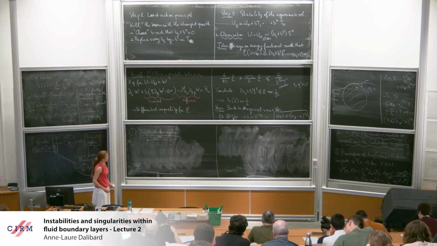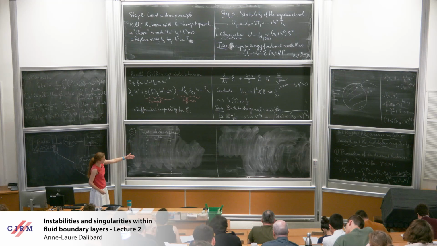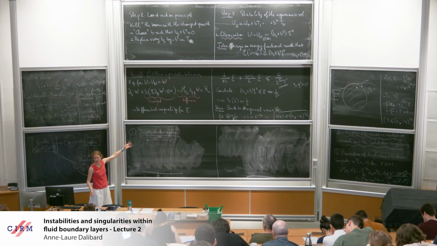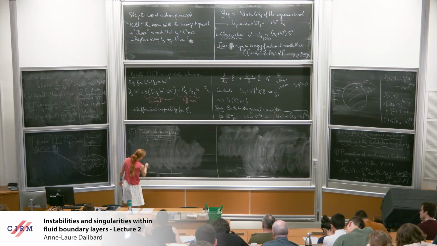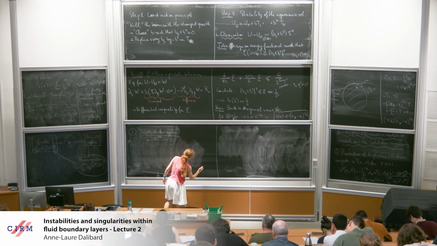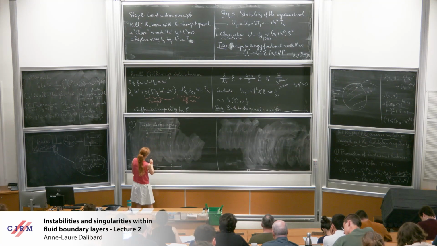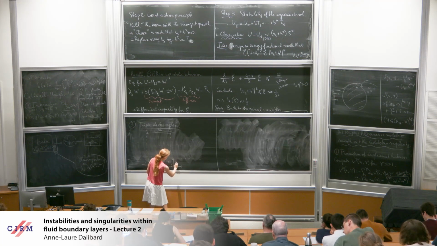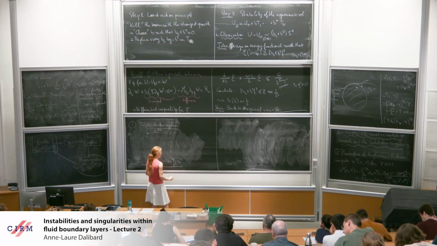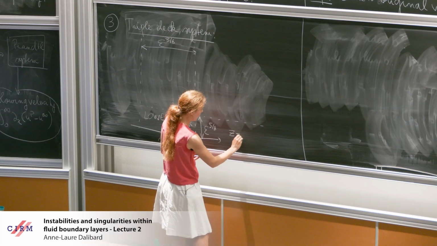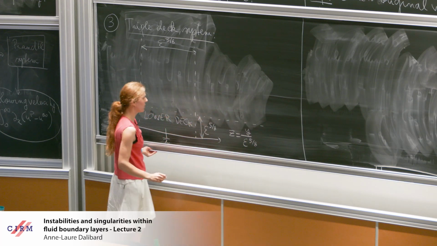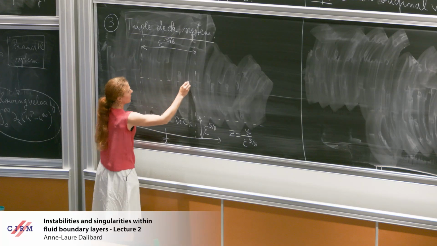Okay, and then when you look at the vertical scales, you will superpose 3 different vertical scales. That's why it's called triple deck. So you will have a lower deck for which the typical length scale is epsilon to the 5/8. And here I will denote my normal variable z, and so it will be y divided by epsilon to the 5/8. You will have a middle deck